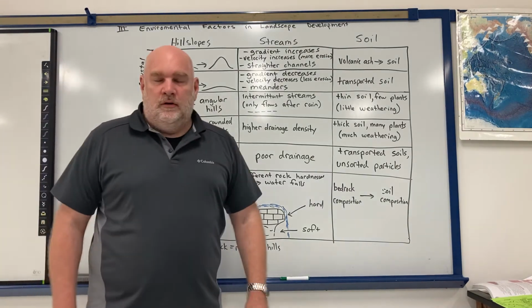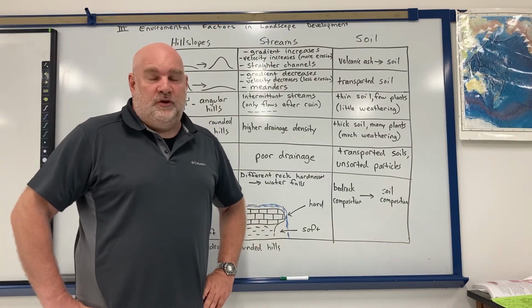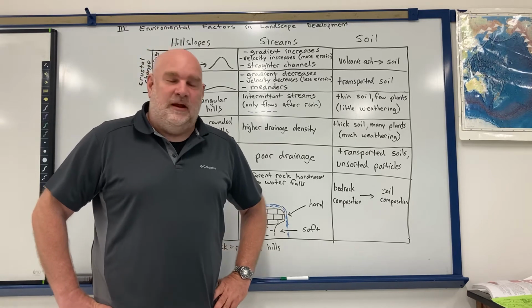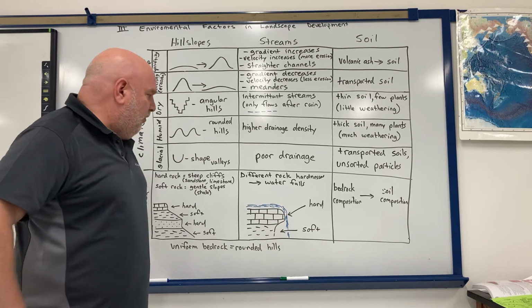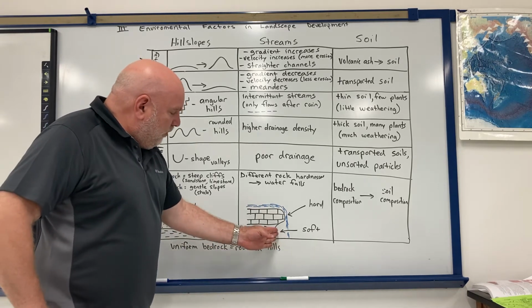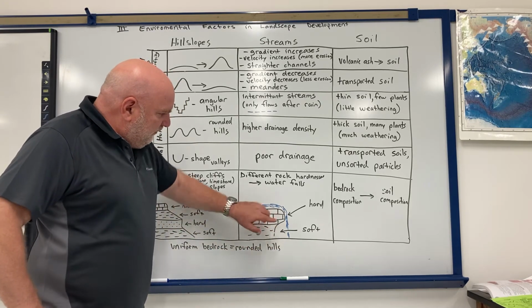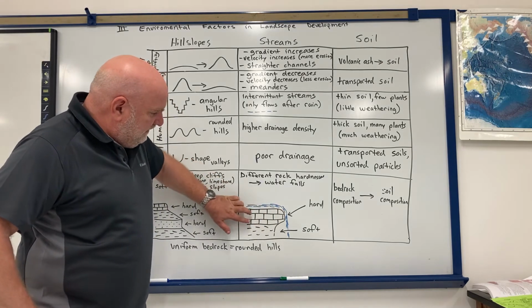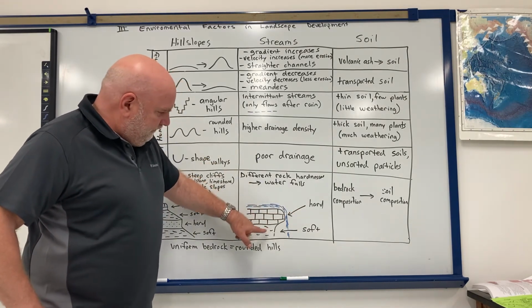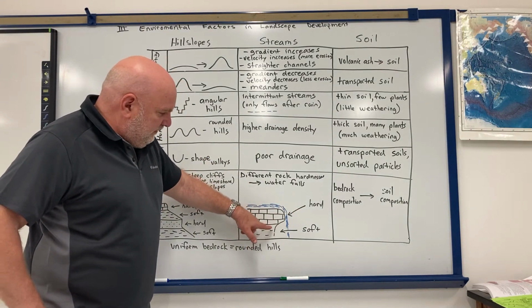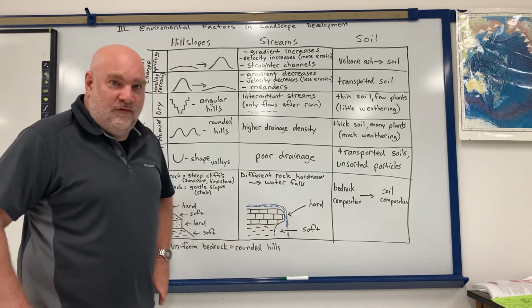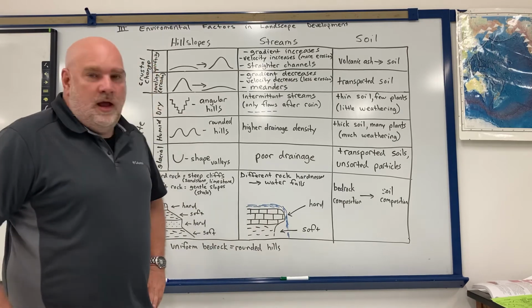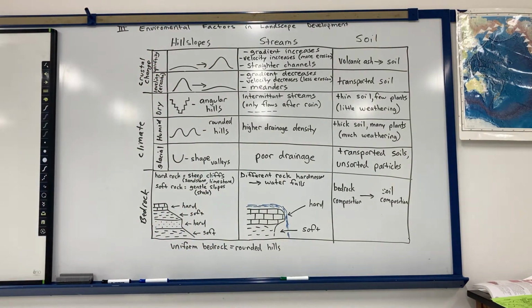Something more local to Central New York, Watkins Glen State Park has the infamous scene where the trail goes behind the waterfall. If you ever hike behind the waterfall, you look up, you can see that there's a harder rock layer right there that kind of sticks out, and then here's a layer of shale that kind of erodes back. That gives the overhang and allows you to walk behind the falls like that. All right. Now I'll show you some examples of that.